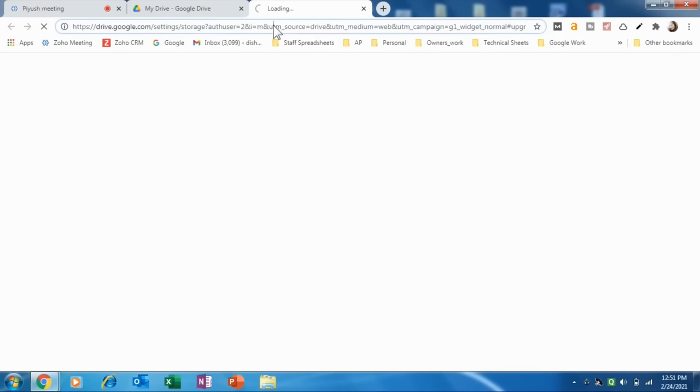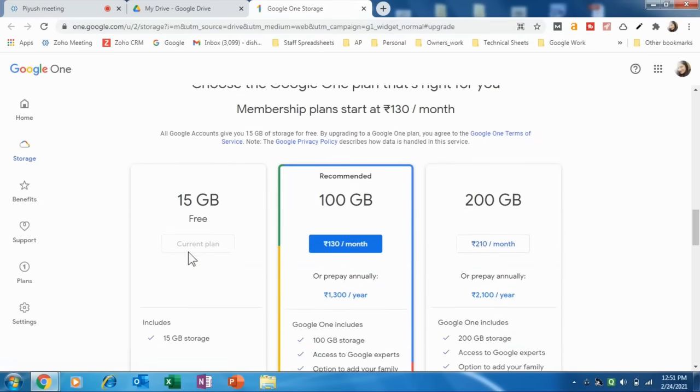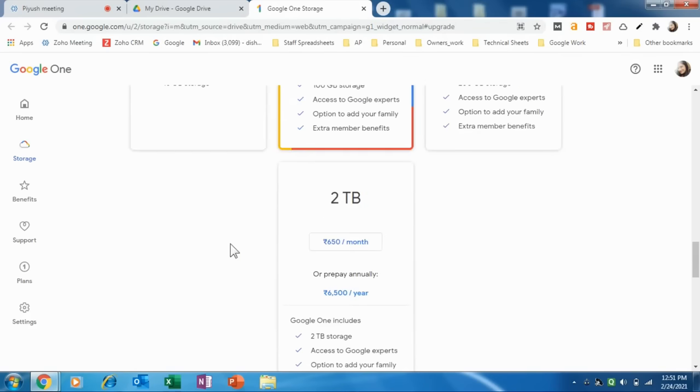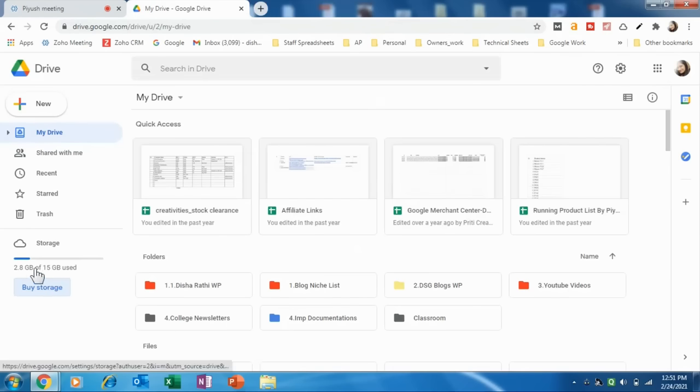You can see all the plans they have and choose any one of the Google plans. 15 GB is a free plan, so you can manage with 15 GB storage according to your need. Currently I don't want more space. That space is sufficient for me, so I have not purchased any extra space for this particular account.